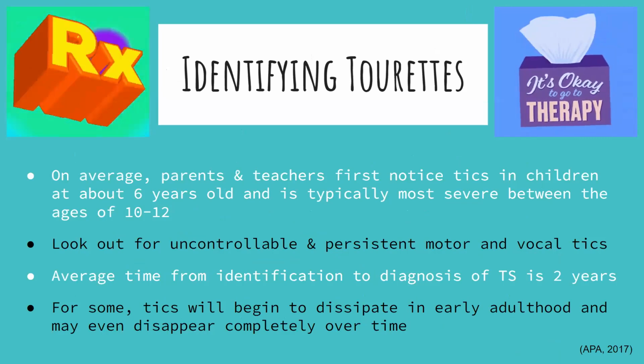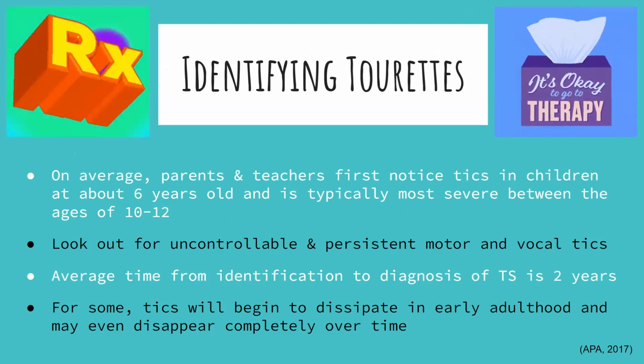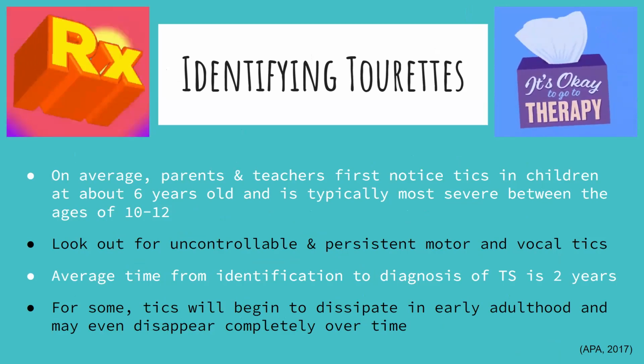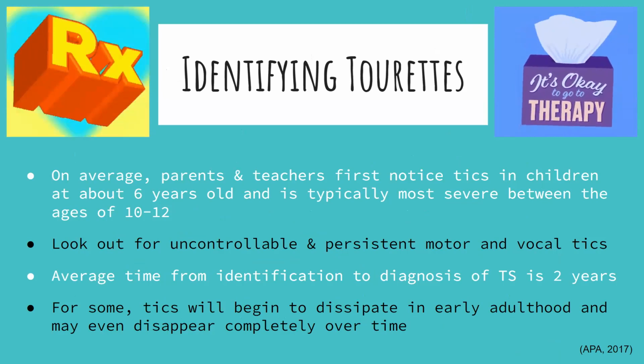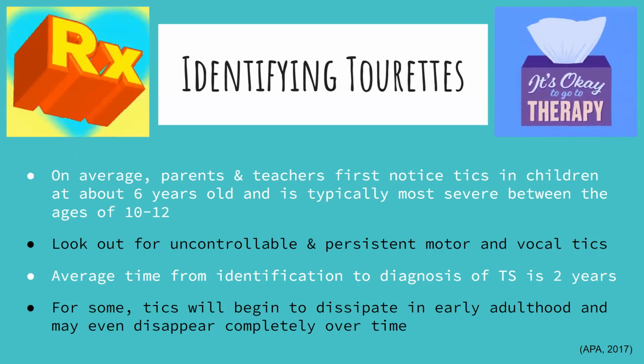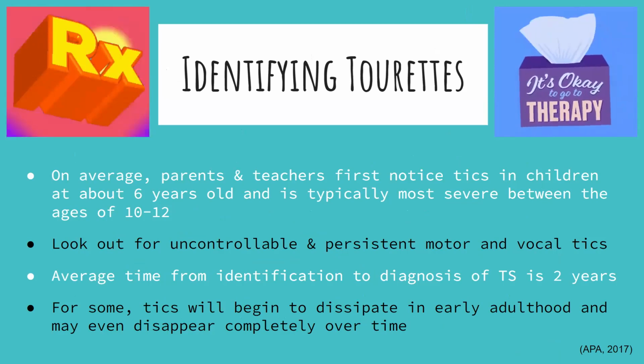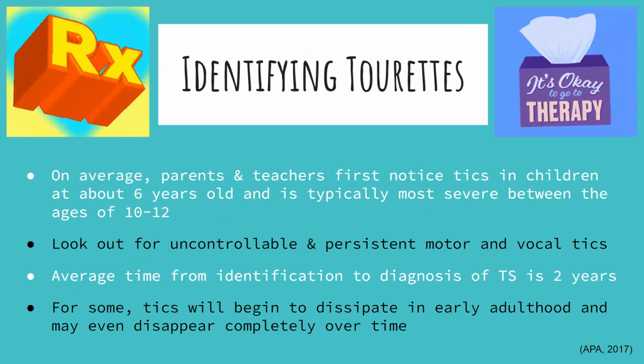Typically, Tourette's is first noticed in children at about the age of 6 and tends to be most severe between the ages of 10 and 12. Be on the lookout for children who display uncontrollable and persistent motor or vocal tics. The average time from identification to diagnosis of a child with Tourette syndrome is about 2 years. Fortunately for many, the symptoms of Tourette's begin to dissipate in early adulthood